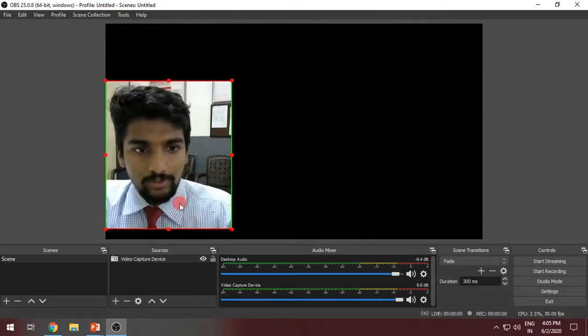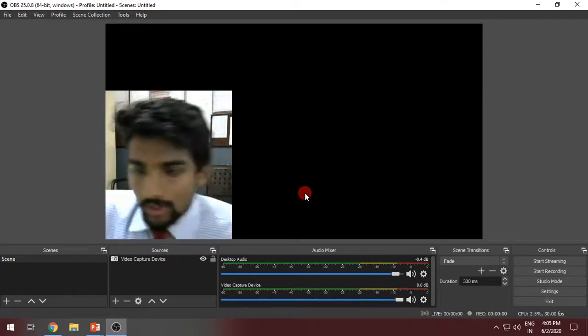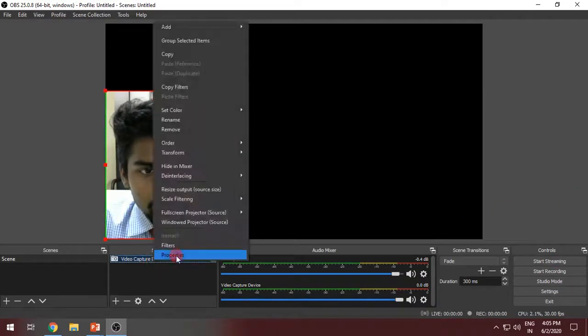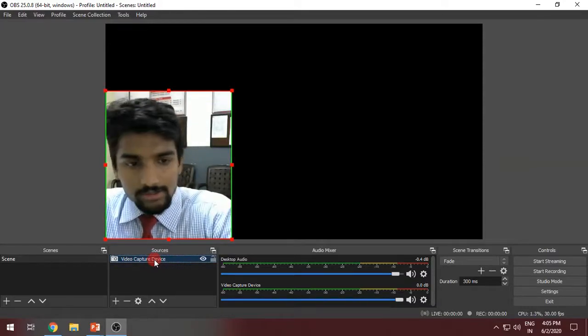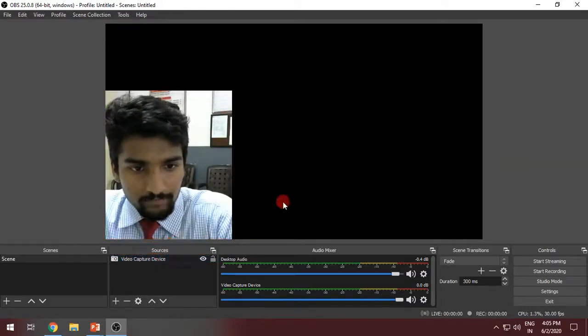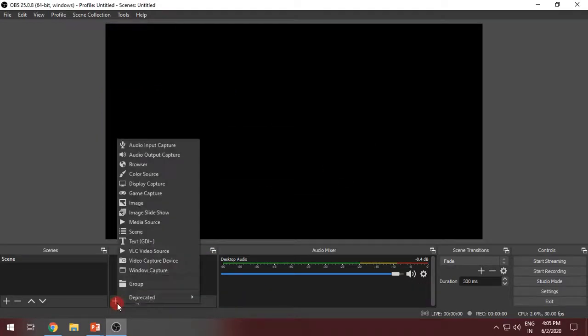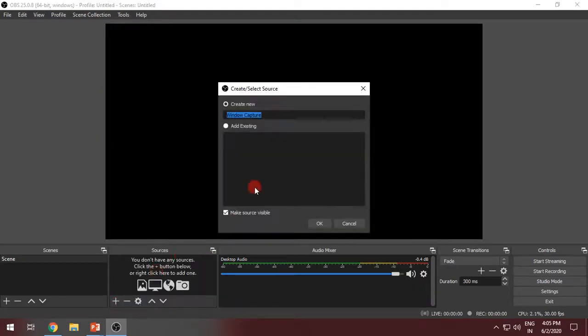you have to go online. Now here is the main thing, you have to go to settings here. For time being I'll make this camera disabled. I'll remove this device, video capture device, and we'll give some window as our capturing device. Let's say I'll give window capture.